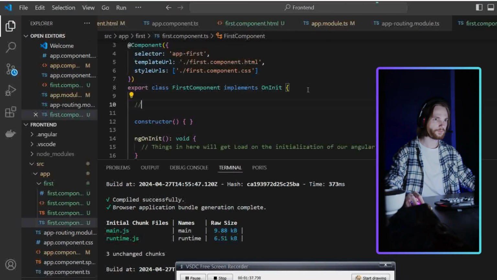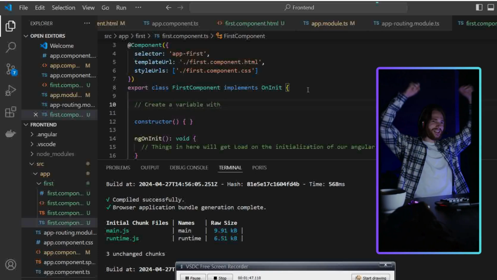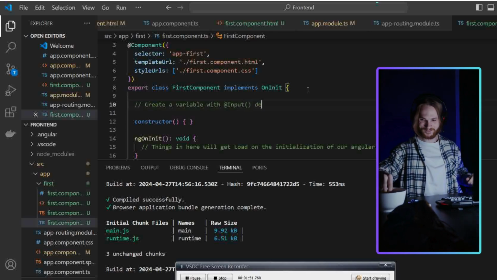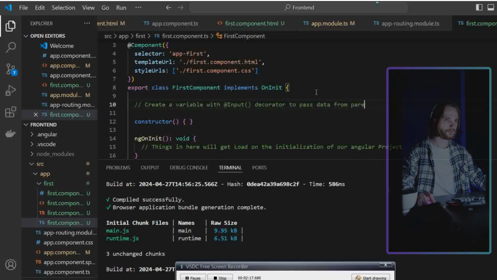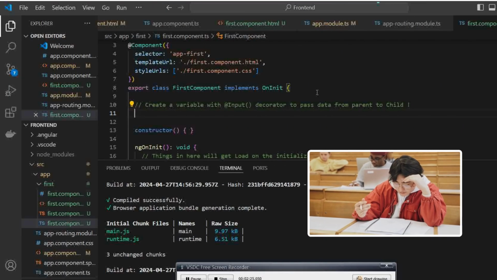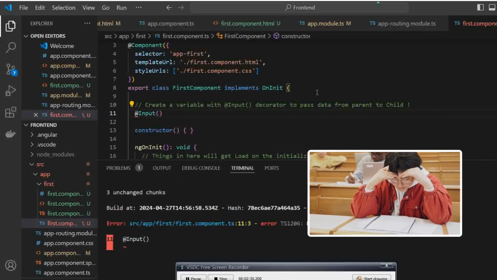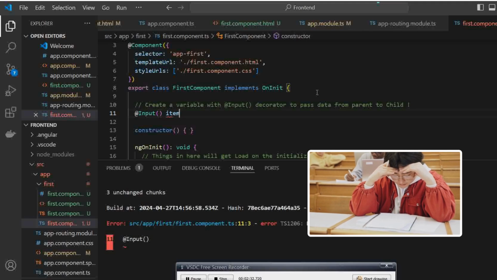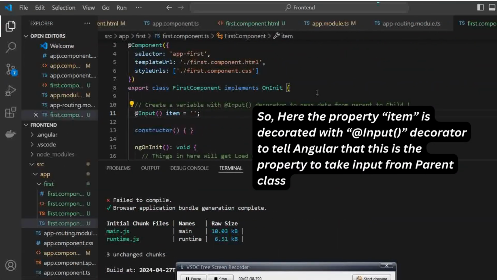So first, let's see what we can do. I will go to our first.component.ts file. Here I will create a particular variable, or you can say a particular property, in our first component, and decorate it with the @Input decorator. So what's the idea behind the @Input decorator? @Input decorator can be used in a child class, so that whenever a parent component calls a particular,